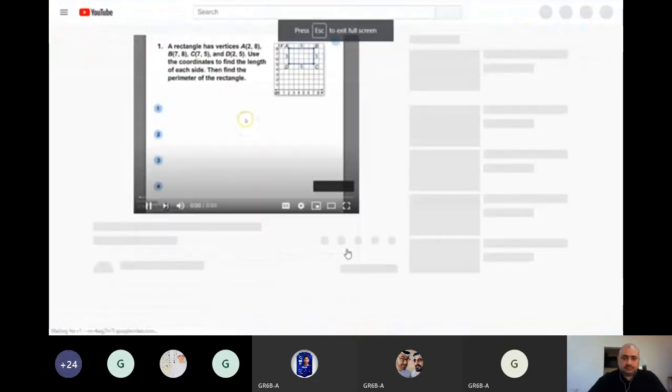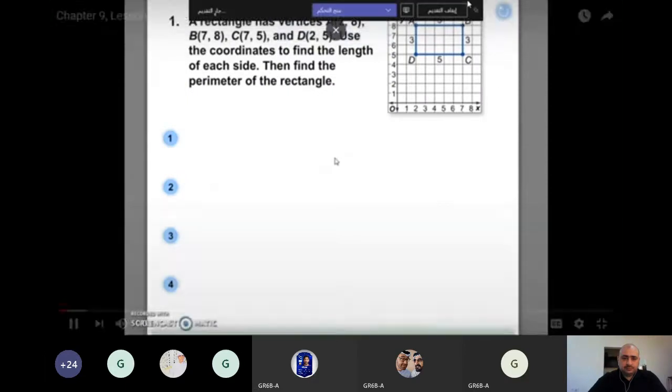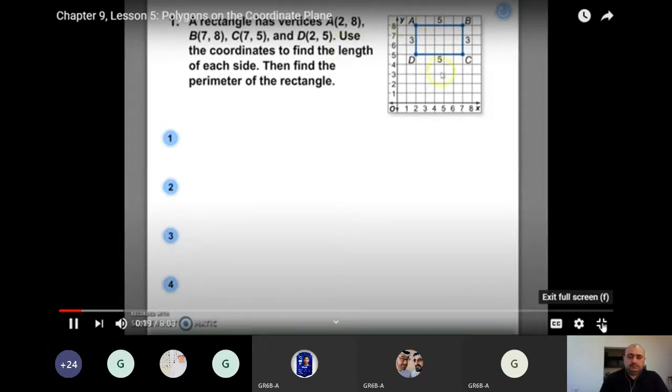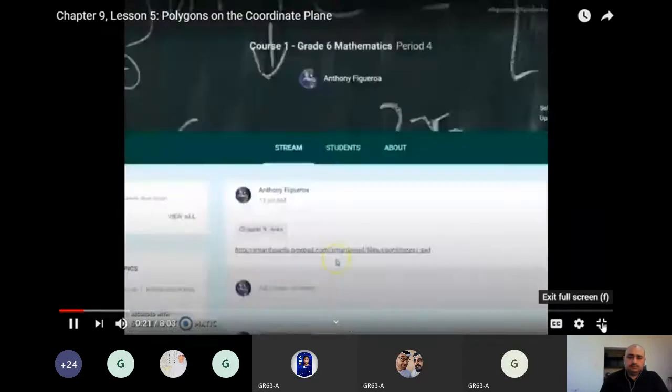Today's lesson is on finding area and perimeter of polygons on a coordinate plane. The main skill that we're sort of recalling is how to plot points. And pretty easy at this point. We've all seemed to have mastered how to plot points. And just to quickly review, when plotting a point on a coordinate plane, it's a good idea to walk before you fly. And what we mean by that